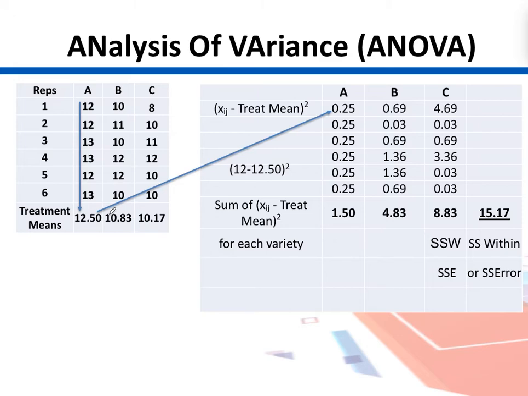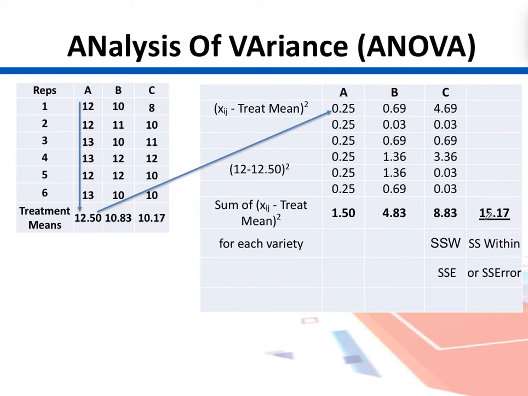We do that for all of those replicates here and put it here, and we do that for all replicates of B, and we do that for all replicates of C, and finally we can add them up here in their respective columns for each treatment. All replicates for A will be summed here, for B they will be summed here, and for C they will be summed here, and finally we add them up.